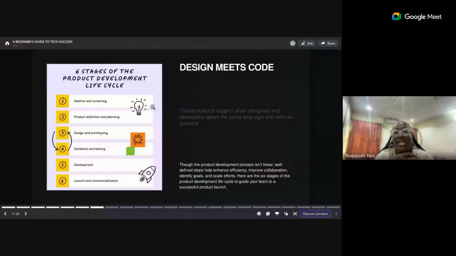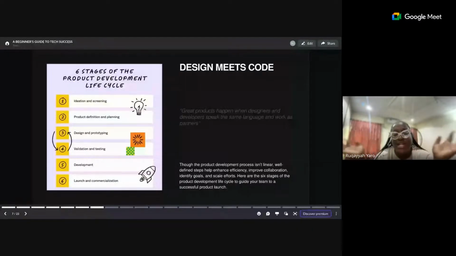When you've now tested and it actually is working how you intend to, you can now develop. That's where you meet the technicality, you bring it to life. Your clickable prototype will now become an actual product. And in this stage as well, you would also test it. We do QA testing as designers, so that we don't get what I ordered versus what I got. You work hand in hand with your developer to see that, okay, what I designed on Figma is what you are bringing to life. So at that stage, it's